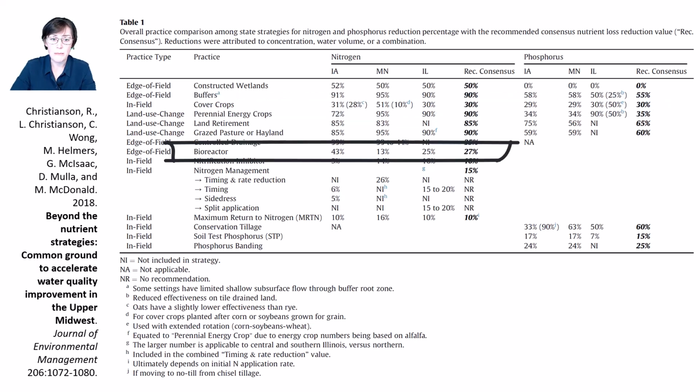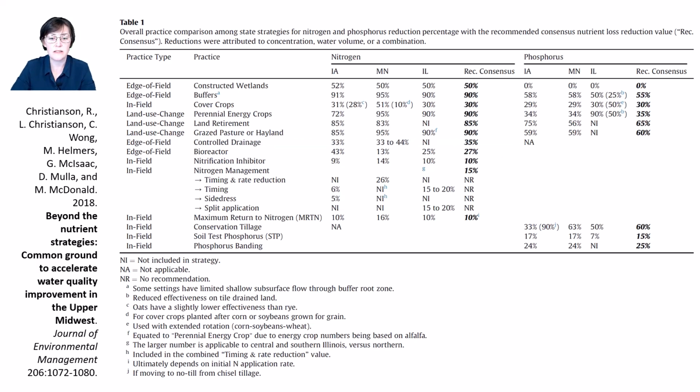Bioreactors are another example of differences between states, where Minnesota rated bioreactors at only 13%. Some of these differences are simply based on regional and climatic differences. It is harder to get good cover crop establishment the farther north you go. That's a biophysical limitation of cover crops, not insurmountable, but it exists as a challenge. There may also be differences in the calculation method or how a practice was defined in different states. So if you do want to compare numbers, for example, in a literature review, it's good to take the time to dig in to know exactly what you're comparing.